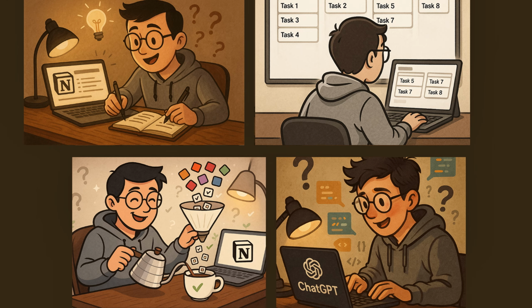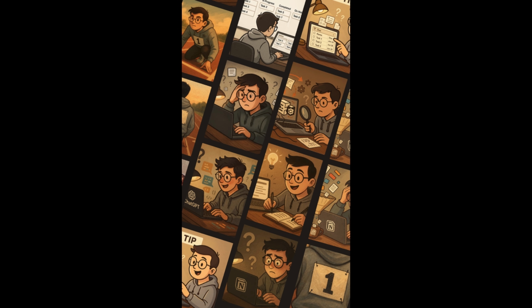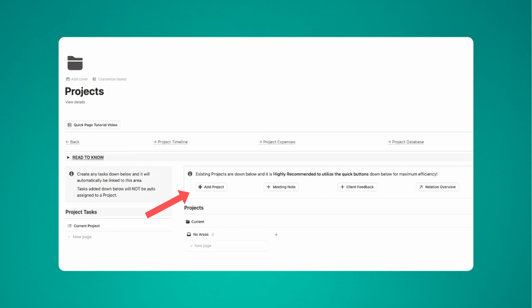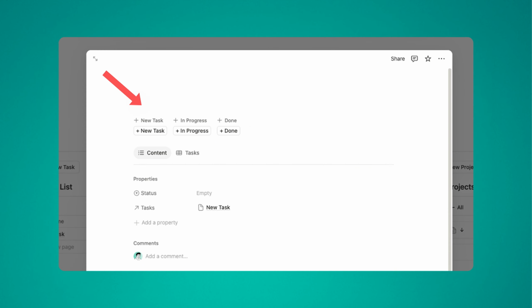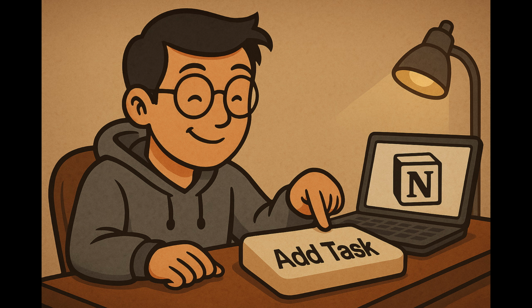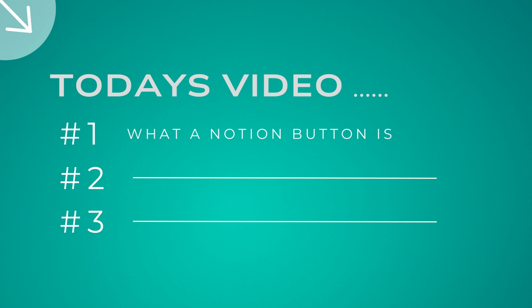Notion buttons are a powerful tool that not many users take advantage of. Whether sticking the button at the top of the page as a navigation, placing it above a database to add a new task, or nesting it inside of the database, Notion buttons are something that you definitely want to be using. And in this video, we'll be going over what a Notion button is, why you should be using it,